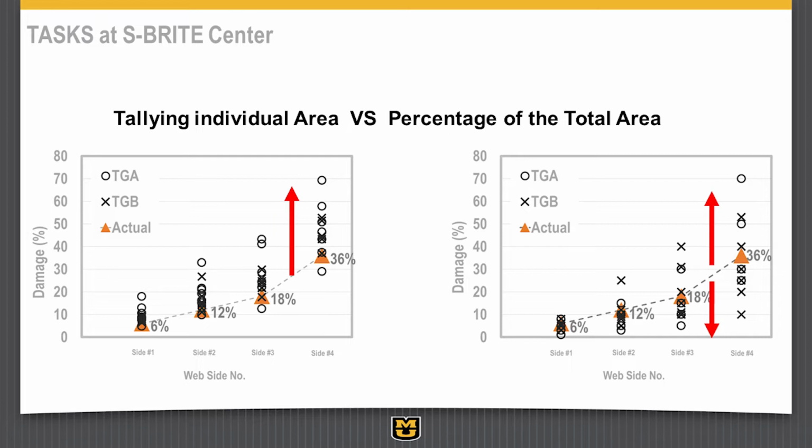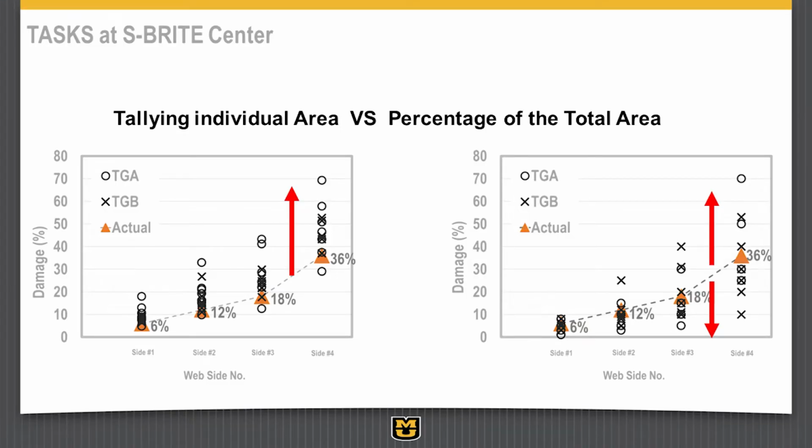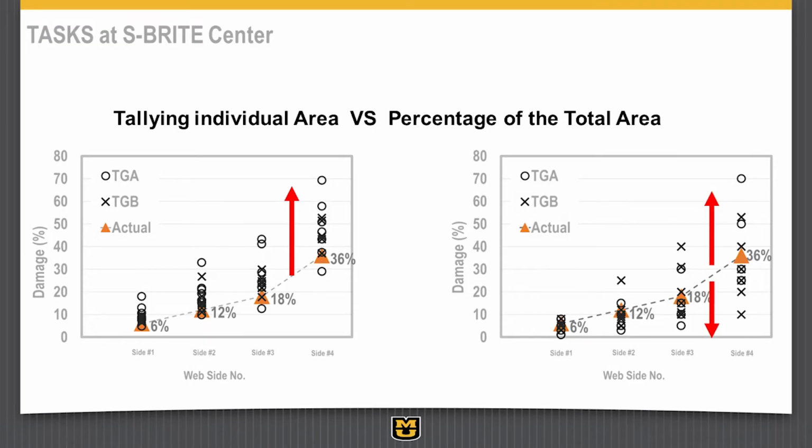And so what you see here is a couple things. One is that when they tallied the areas, they overestimated in almost all the cases. The gold triangles are the actual numbers, okay? What it actually is. And the tallying always overestimated it, whereas if you looked at the percentage of area, you got more of an above and below sort of thing here. I've got some fancy stuff on my slides I forgot about. The arrows don't come up. You get both, on average, it's close to the right result, but the spread is greater, right? And that's kind of interesting. So some people underestimate it, some people overestimate it. The average of those comes out pretty close to the right answer, whereas if you're tallying, you're usually overestimating.